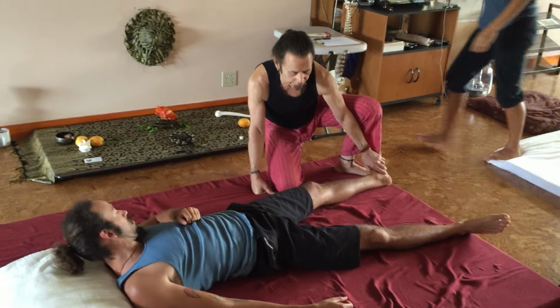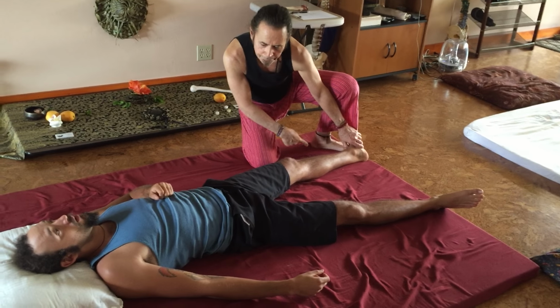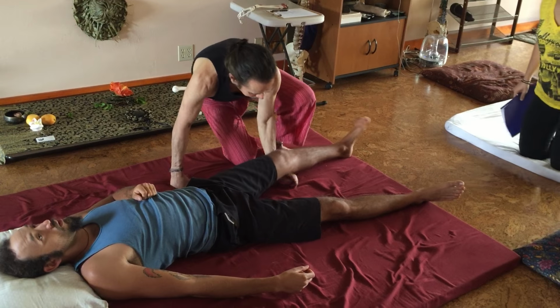Not the only way, but obviously it opens the point real easily. It's less effort. You allow your weight to shift to engage the point. Second time. Okay, so now,